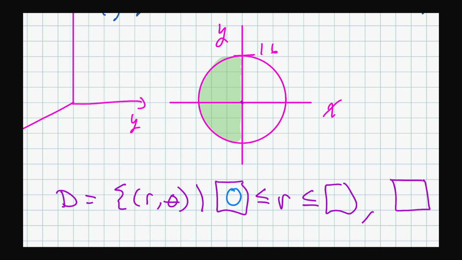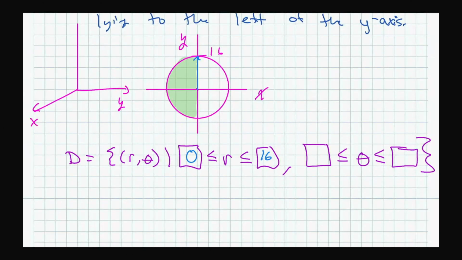Okay. Now for the maximum radius, obviously this goes all the way out to a radius of 16. So that's 0 to 16. Okay, so that's the first part. Then what you need to do is figure out the angles. Well, you need to be comfortable with the unit circle. Look up a unit circle if you need one. If you Google unit circle,